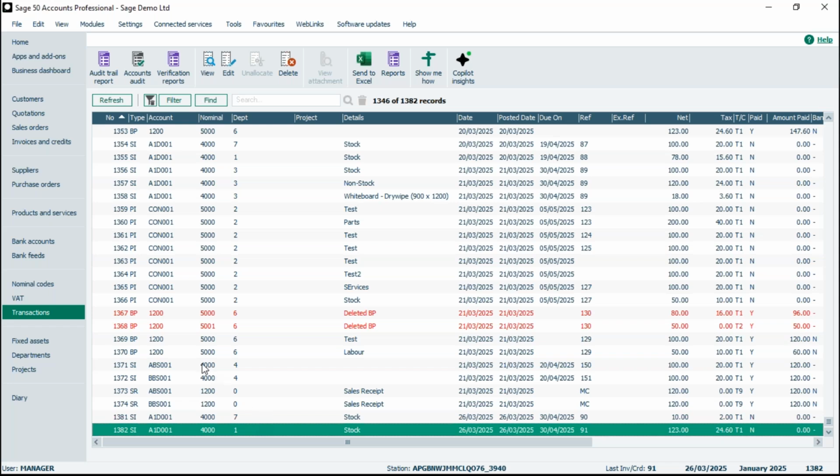Now, if you have made a mistake and something has got the wrong department, or for those 50% of you that were thinking, well, I've never used departments yet, but I've just literally started my new financial year, and you're thinking, well, actually, could I go back and start amending departments? You can't do that. You can edit your transactions,